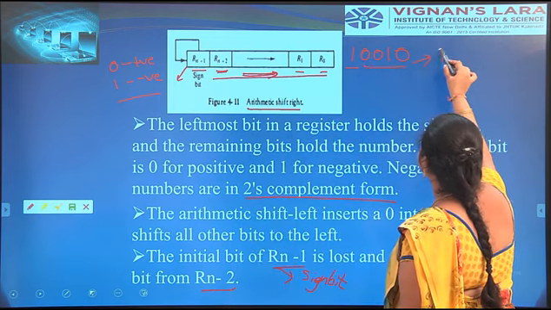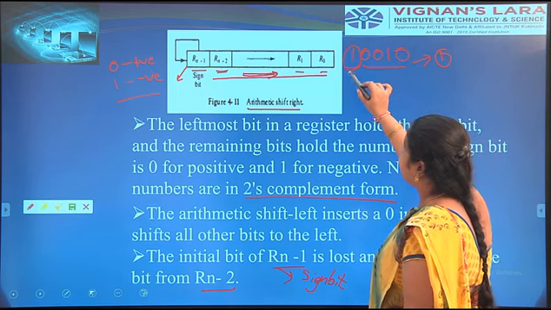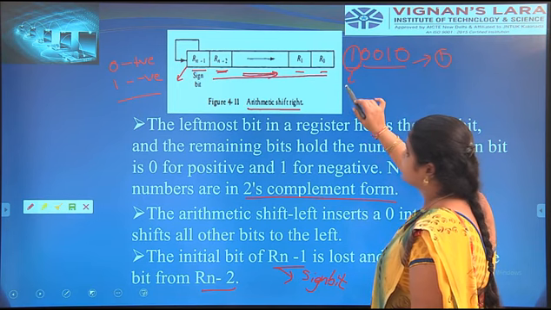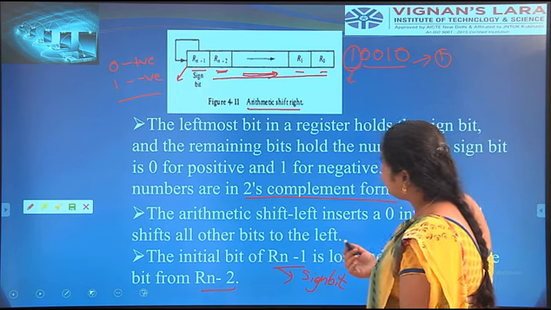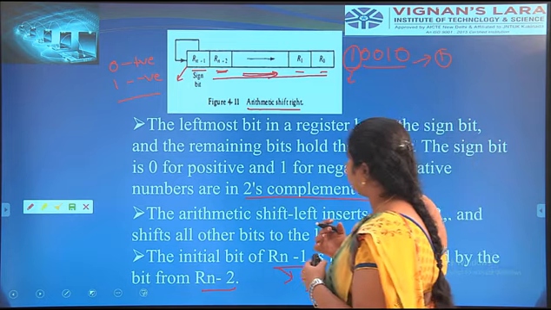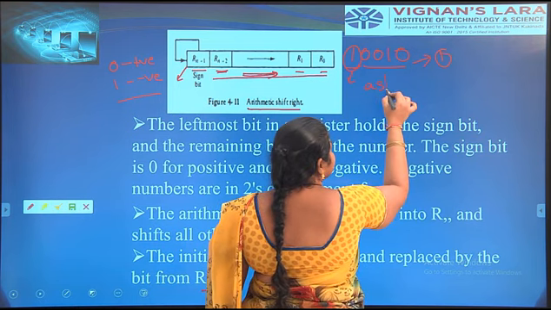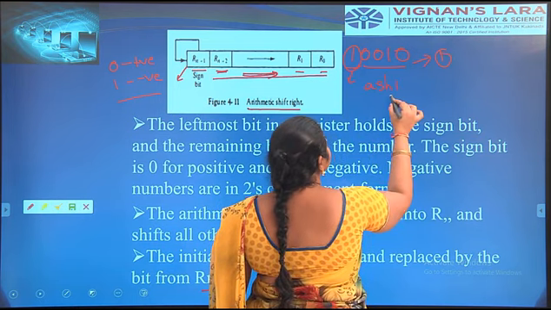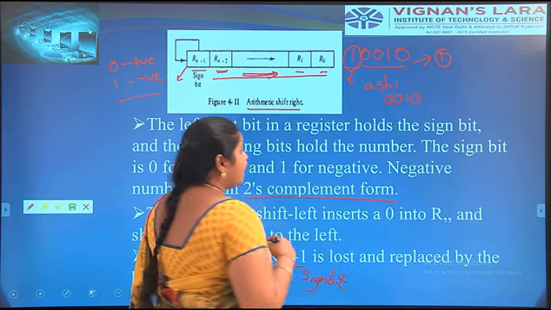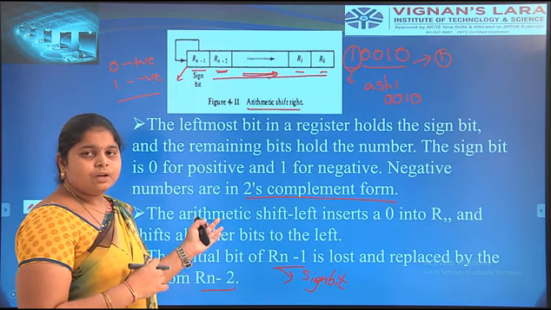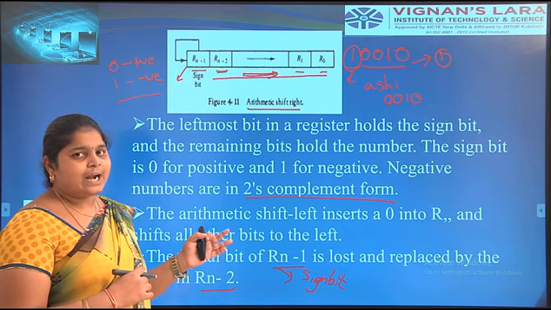What is the binary number? This is the binary number 1. This leftmost bit indicates whether it is positive or negative. For example, what operations do we take in the arithmetic shift micro operations? Take ASHL with 1 0 0 1 0. In the arithmetic shift we have two types, ASHL and ASHR: arithmetic shift left and arithmetic shift right.